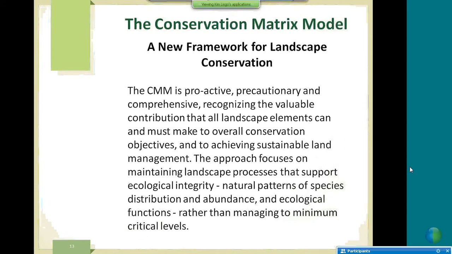So it's a new framework for thinking about landscape conservation. The conservation matrix model, or the CMM, is proactive, it's precautionary, and it's comprehensive. It recognizes the value that all elements of the landscape have towards conservation planning, and that we don't rely solely upon protected areas. So this approach focuses on maintaining landscape processes that support ecological integrity, natural patterns of species distribution and abundance, and the ecological function. And what we're trying to do here is, rather than managing for a minimum critical level,